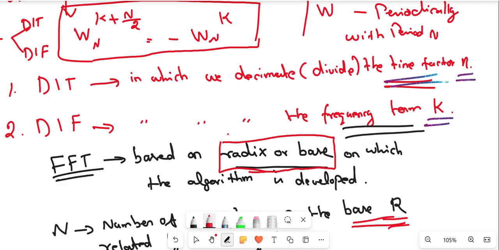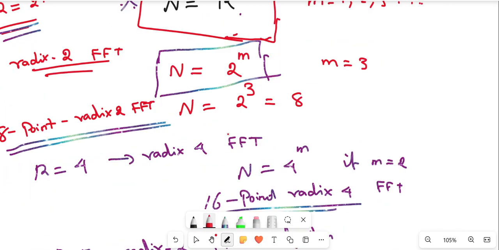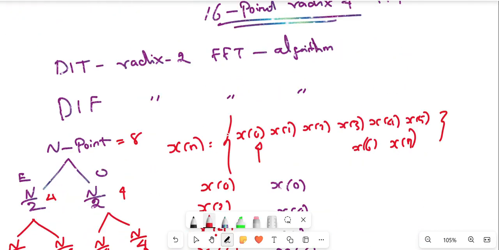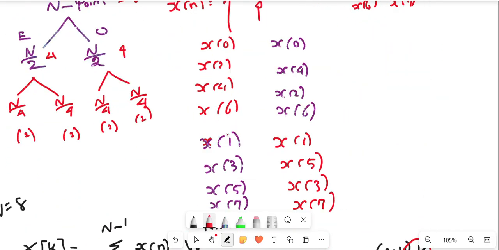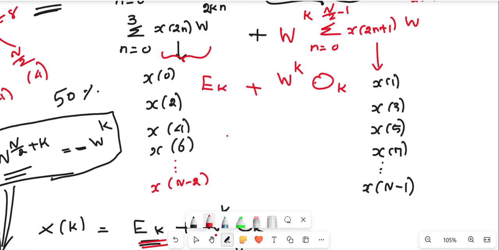So, what is FFT, how the algorithm is developed, what is the relationship between the number of samples and the base R, radix 2 and radix 4, and how it is decimated into odd and even sequences. Similarly, by using the symmetry property W of N by 2 plus k is equal to minus Wk,